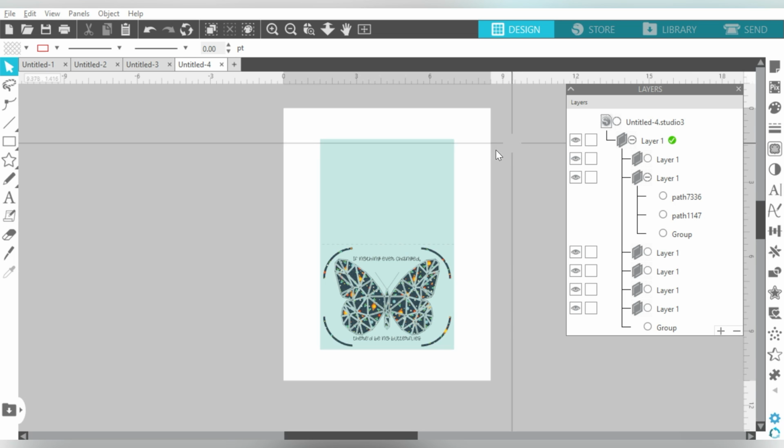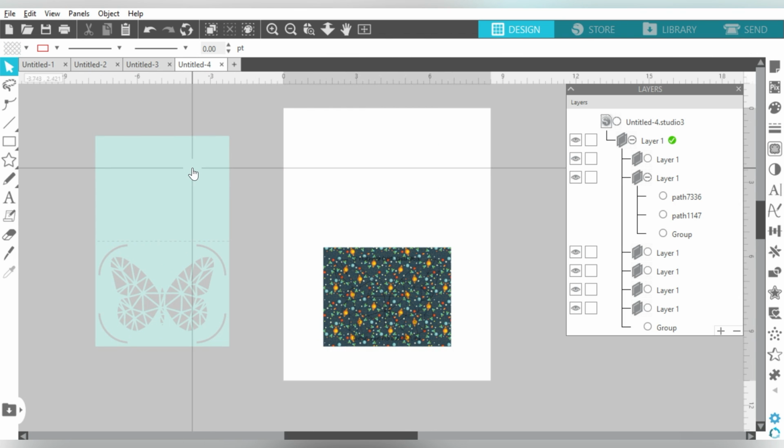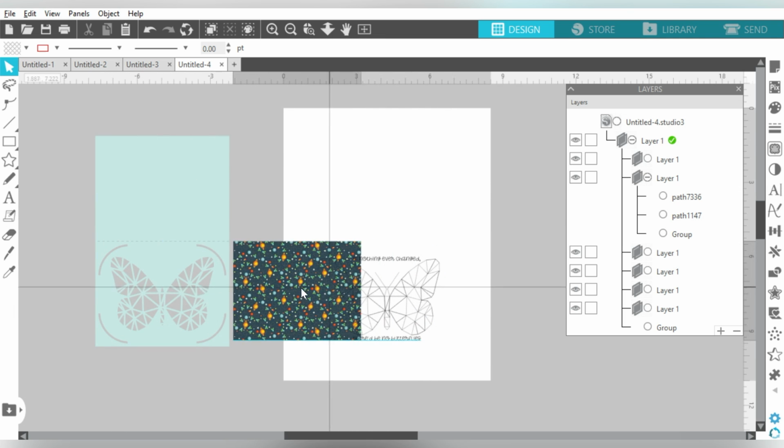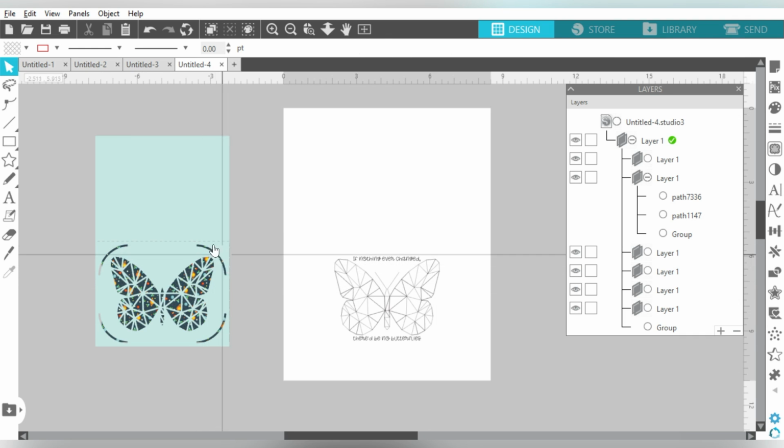Now, let me just break down this file type for you. This is a handmade card, and we have the card base. Now, when I say the card base, I just mean the basic outline. This is a piece of pattern paper that will actually slide into these slots here, which I think is really cool. It's a really neat card format. And I downloaded a whole little bundle of them in Design Bundles. It was a $1 deal, I believe.